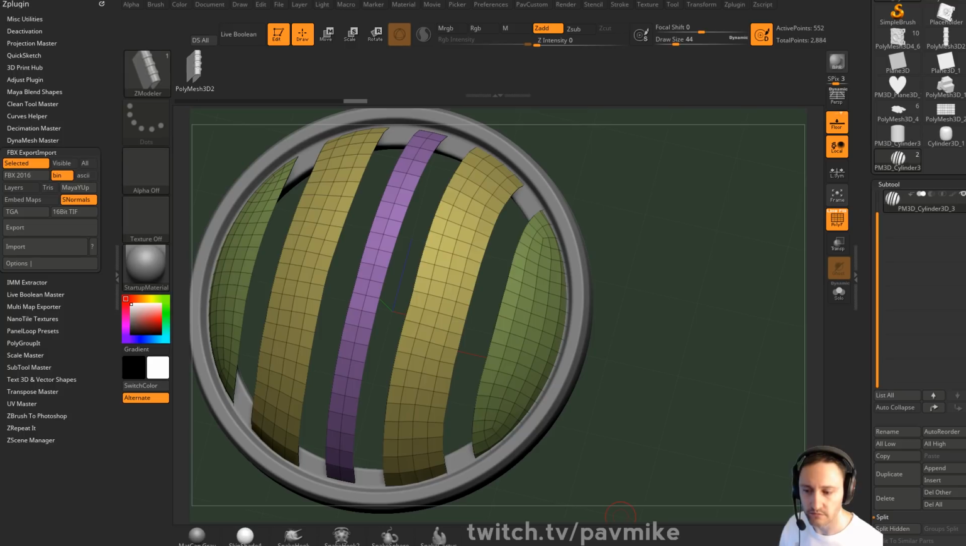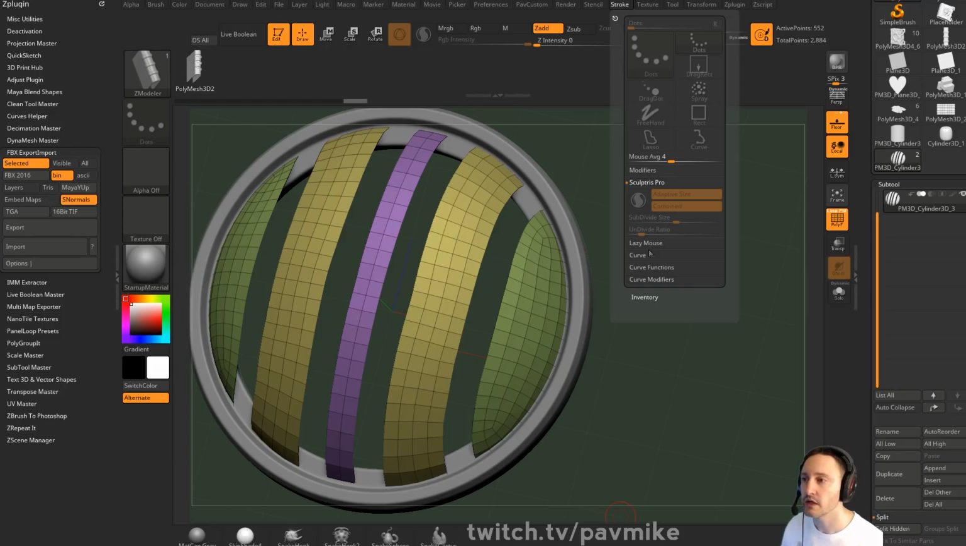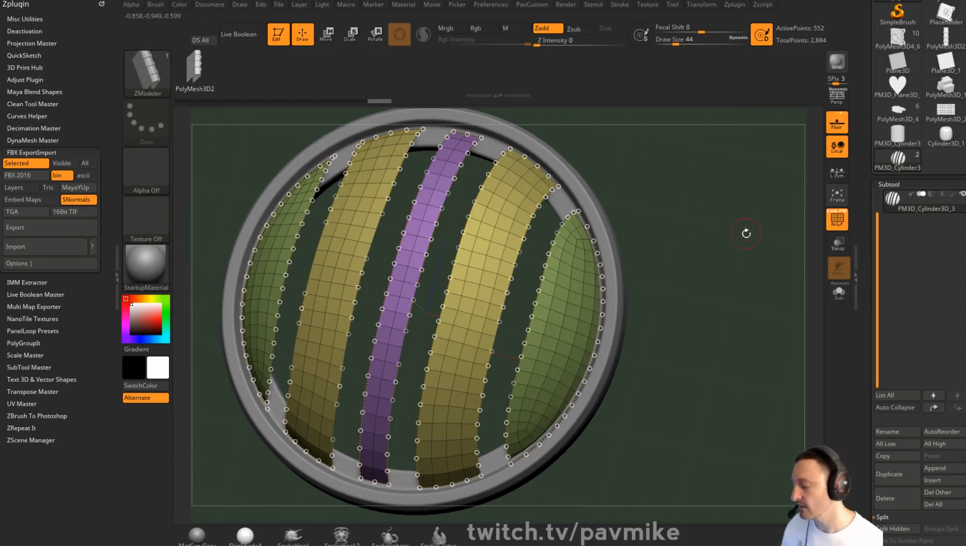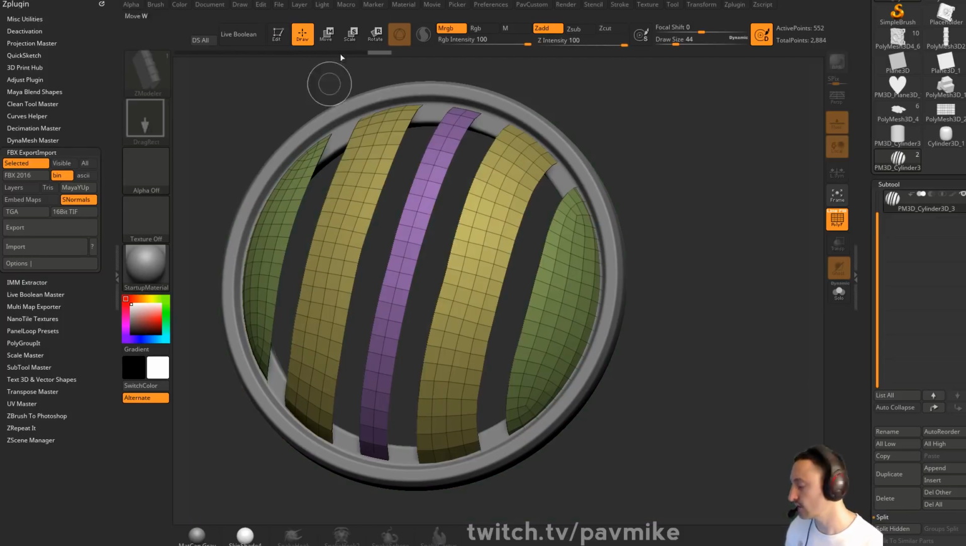Now I gotta log in. Yeah, screw that. Okay, so we're gonna say stroke up here, curve functions. We're gonna frame our border, and then if we want to, let's really quickly,